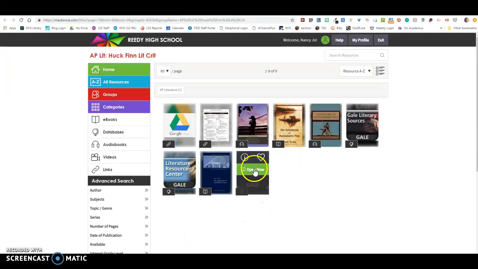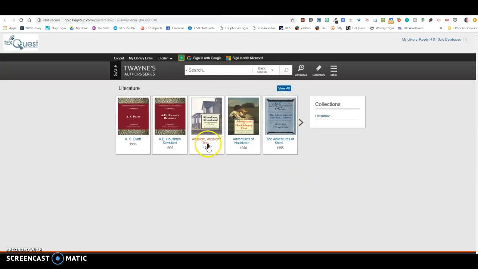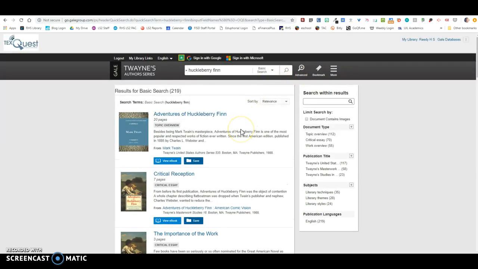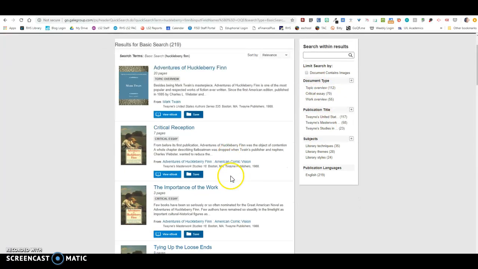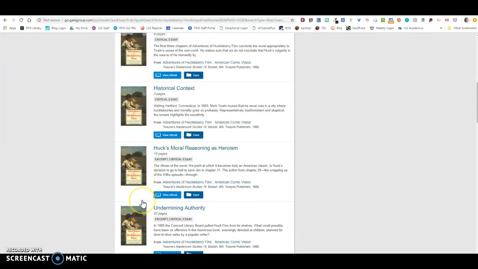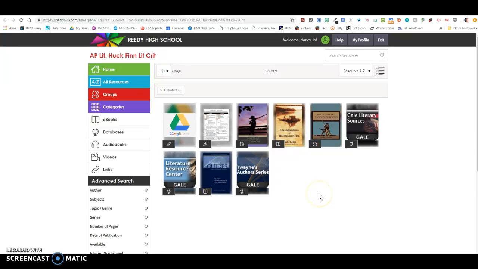Literature Resource Center is going to be very similar. Twain's Author Series. So if we come in here and we put in Huckleberry Finn, you'll notice that there's critical essays, work overview, topic overview. So a little more limited in here, but you may find some things that may not be in the other databases. So not as many things over here, but this database will be a little more targeted. Okay, so